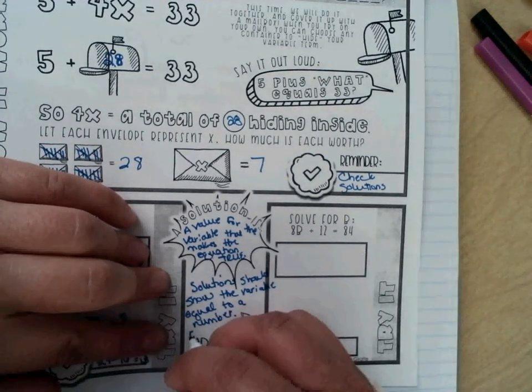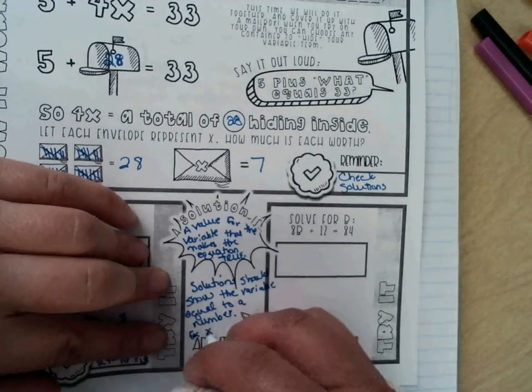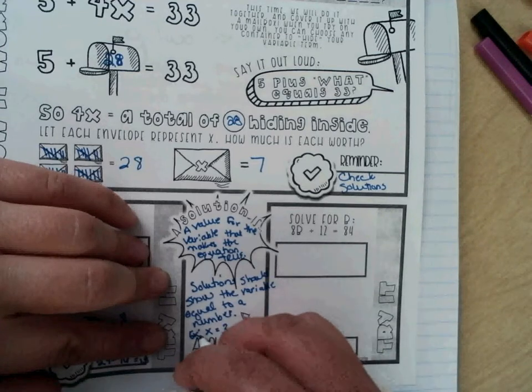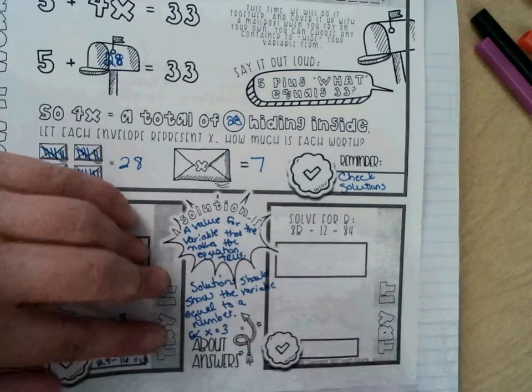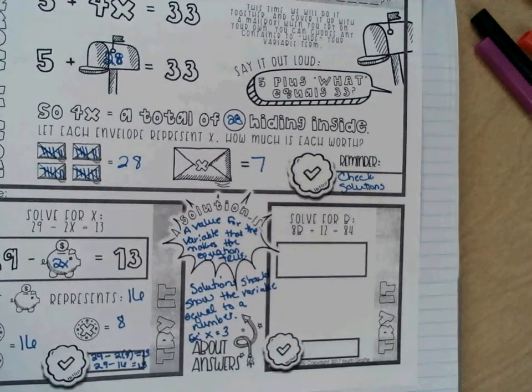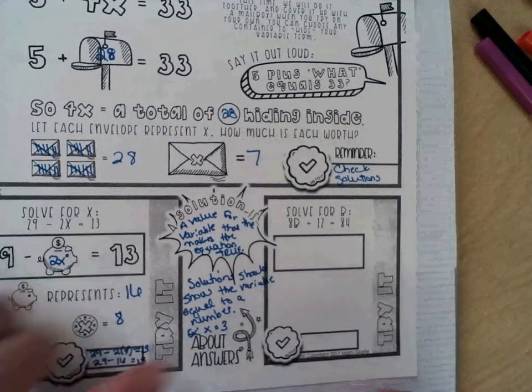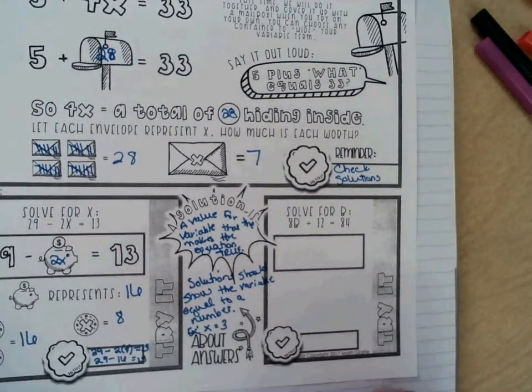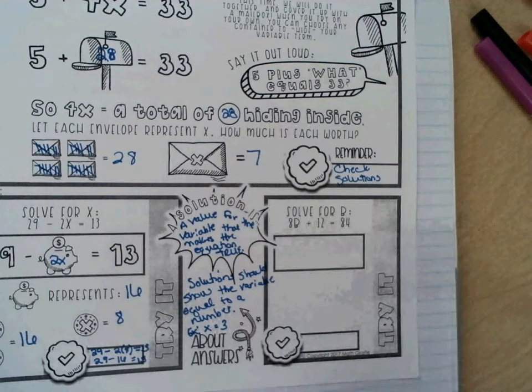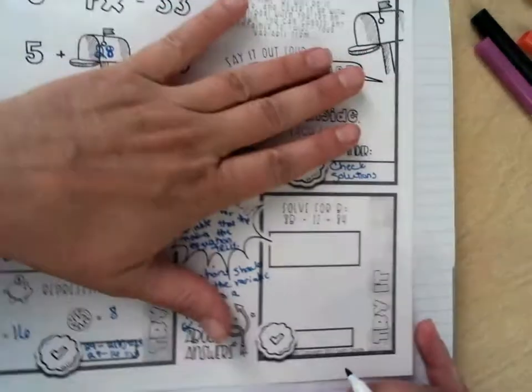So an example would be x equals 3. If you don't have x equals 3, I'm going to count it wrong. If you just put 3, it's wrong. Okay, so make sure that it's x equals 3 or y equals 3 or whatever variable they give you. Okay, so that being said,